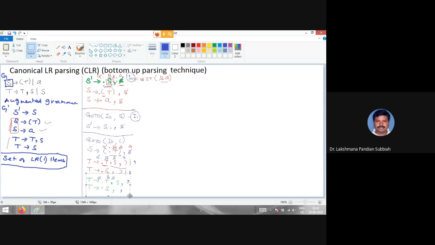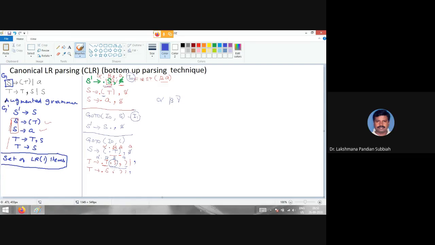Are you able to understand now or not? Yes, Pranav, tell me. Beta is comma, yes. Beta is actually a string of grammar symbols, I already told you that. Alpha, beta, comma is the representation of a string of grammar symbols. So B is matched with T, then whatever comes after is beta. So this is beta, correct? Okay, and this is A, right?